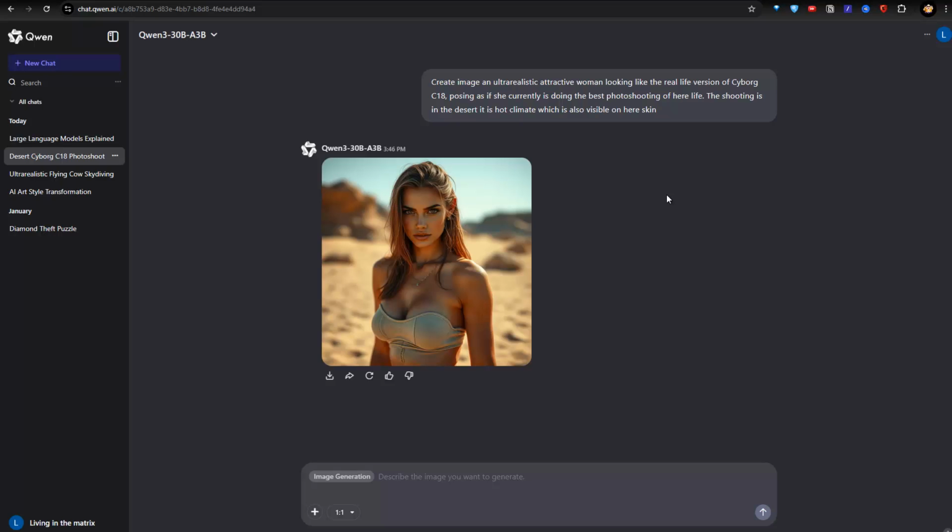So that's it actually for using Qwen. As I said, you can use it for free. It's quite new. It's available for everyone. You just need to go to the platform, sign up, and then you can chat with it. You can create images, you can create videos. So all this is available. And as you've seen, MCP will also be available very soon.